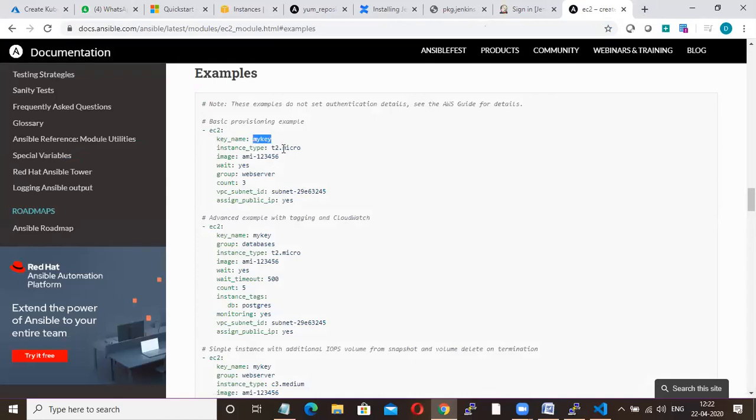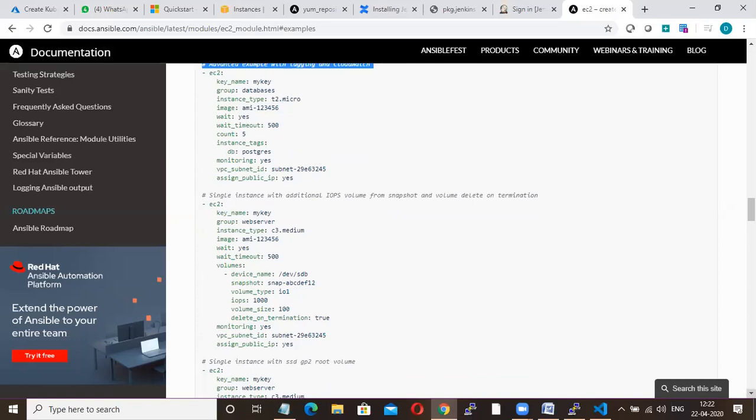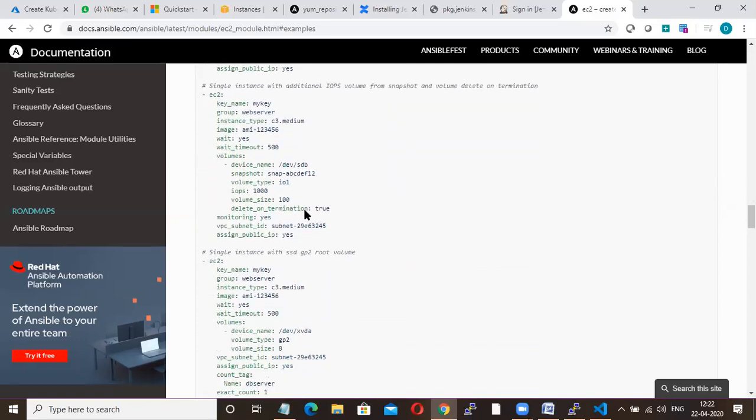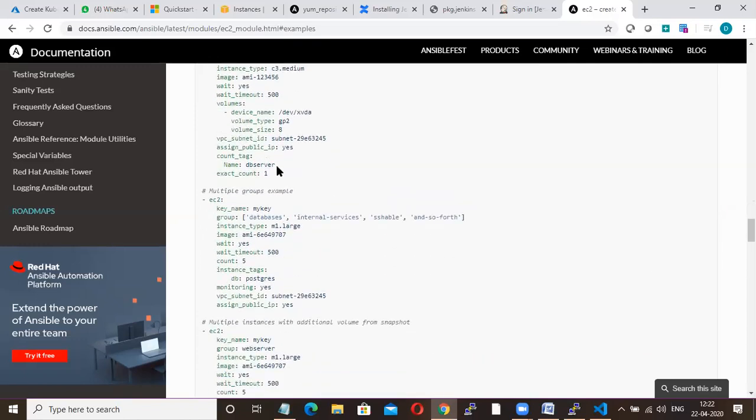This is a PEM file name, instance type, what AMI you want, what group, how many counts you want, what is your subnet group, you want public IP or not. And this is for tagging. Okay, tagging and CloudWatch. And this is for extra volume. Okay, so like this, everything you can find in docs.ansible.com.